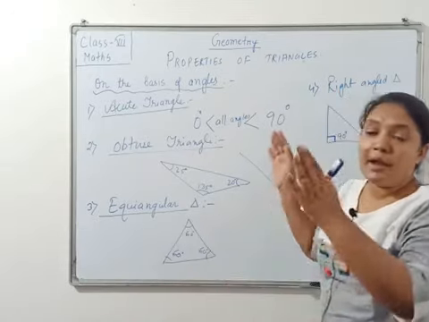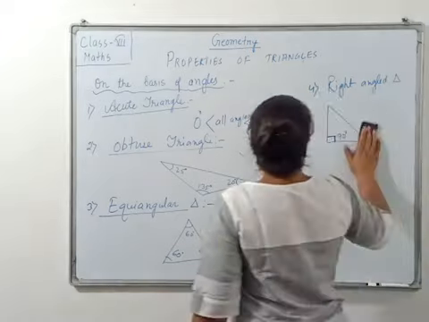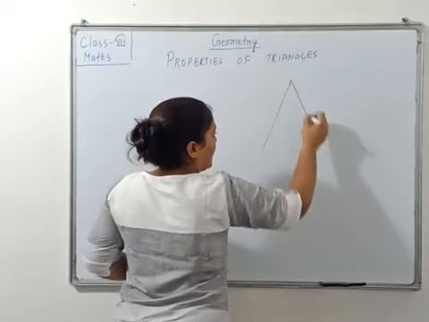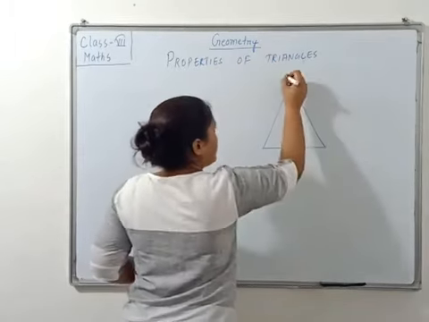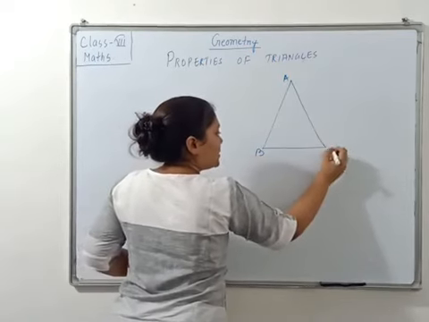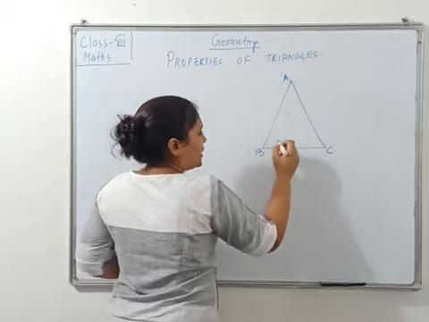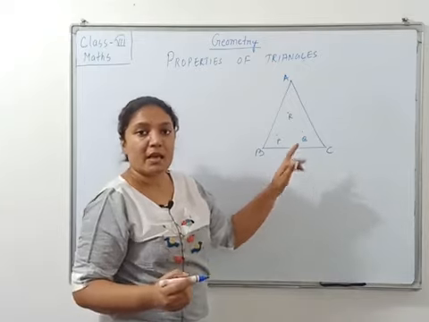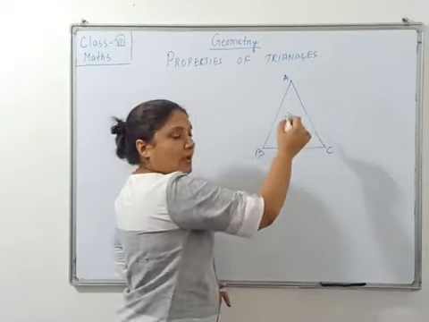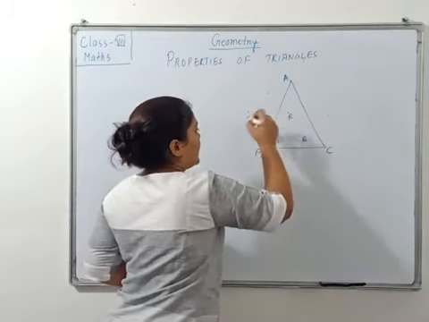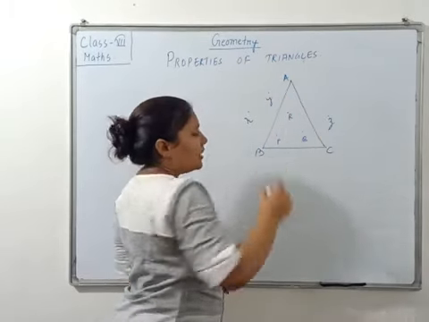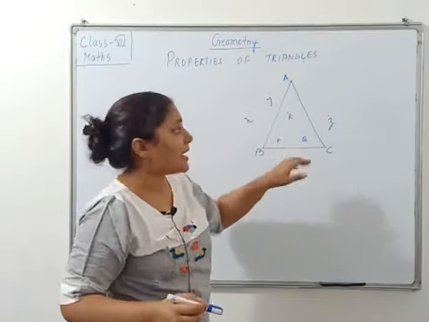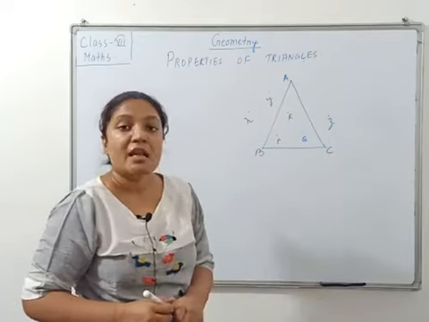Now let's come to the next part. Now students, one more thing, okay? Suppose I draw a triangle here, clear? Now suppose this is triangle A, B and C. Now if I place any point inside, suppose P, Q, R, these are all interior points. Interior means inside the triangle, okay? And if I place points here, suppose X, Y, Z, clear? These are all exterior points. And inside the triangle, they are interior points.